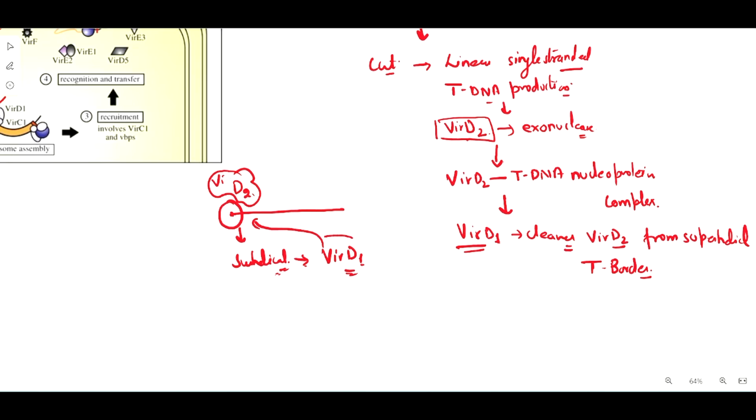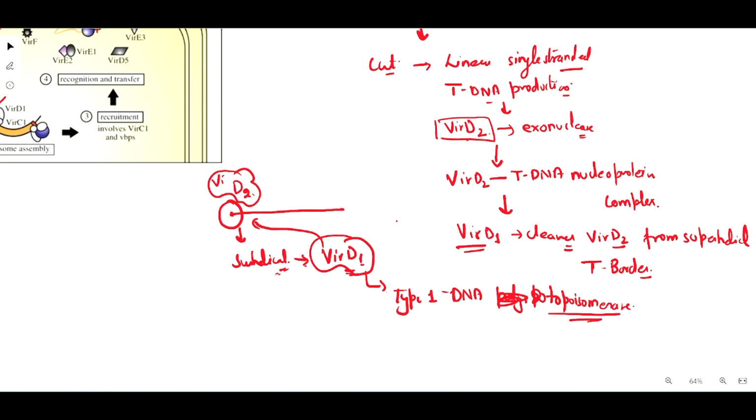So here VIR-D1 is actually acting as a type 1 DNA polymerase. Sorry, topoisomerase. Topoisomerase, because as we know, the function of topoisomerase is to release the superhelical structures which are formed in the